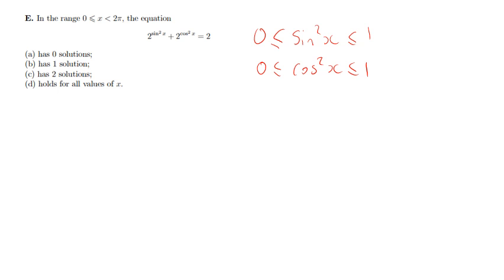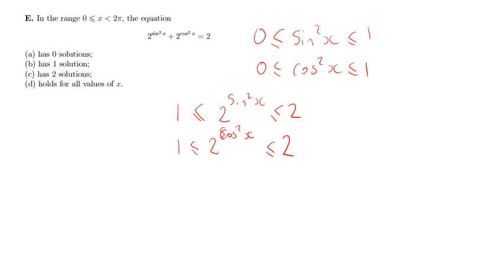Now, from there, it's reasonably straightforward to work out the rest of this question. So we can say that 2 to the power of sine squared x must be between 1, because when sine squared x is 0, we get 2 to the power of 0, which is 1, and 2. So somewhere between 1 and 2. Same thing will happen for 2 to the power of cos squared x,